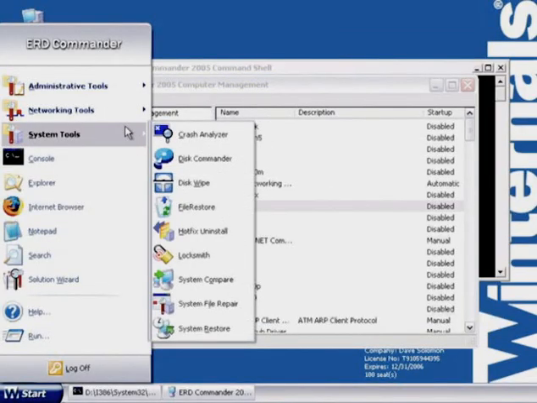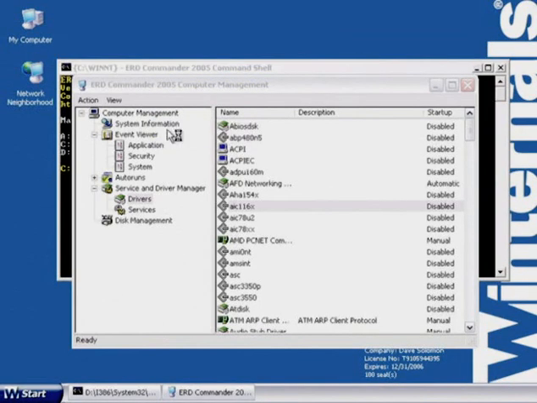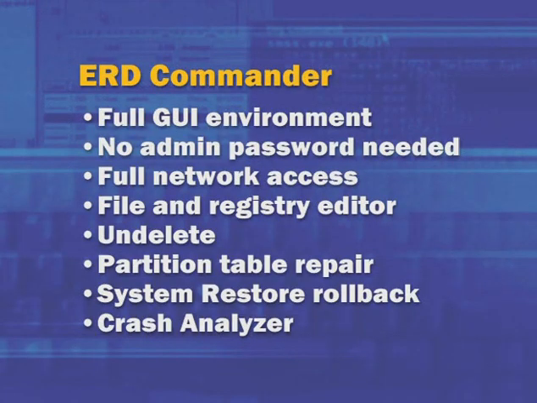And if we go into System Tools, we're going to see a crash analyzer. So if your system's crashed, this tool you can use to have it automatically analyze the dump. Analyzing a crash dump is actually a relatively straightforward operation. We covered that in our crash analysis video. But this thing takes even the minimal work associated with that out of your hands and does it for you.